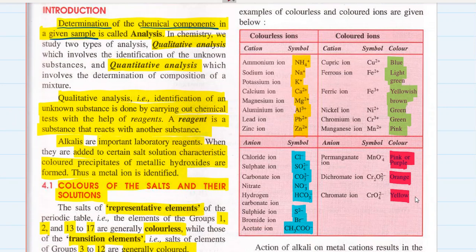If you tell me, sir, I don't know chemistry, I'm getting less marks in chemistry, I don't like chemistry, please help me. Or if any of your parents comes to me with this problem, that why the marks in chemistry are so less, and if I find out that the reason is because you don't want to memorize, then I will straight away tell you, don't come to me with these requests that I cannot score marks in chemistry, what will happen in boards and this and that. Until you are able to memorize the facts which I'm telling you, you cannot score marks in chemistry.